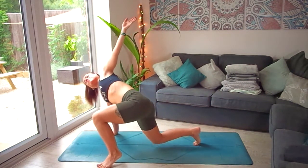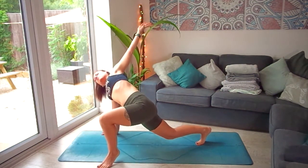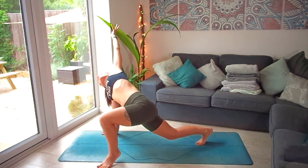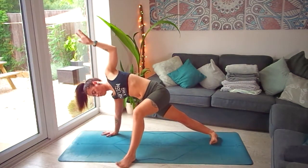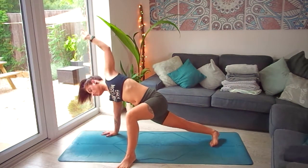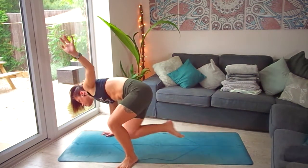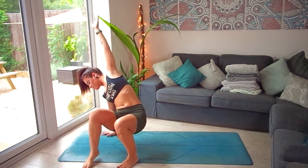Lift your left arm up high for a twist, maybe lift the right knee. From here, you can stay in this twist, reaching the arm up and over, or you can move onto the knife edges of both feet, staying active, modified side plank. Another little fun option here is to pick your right foot up, send it all the way through between the arm and leg,